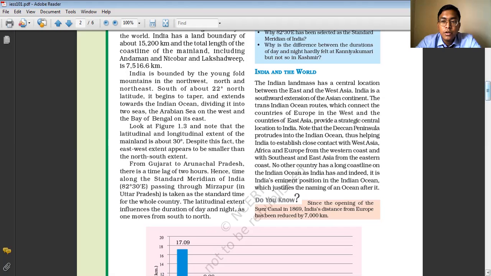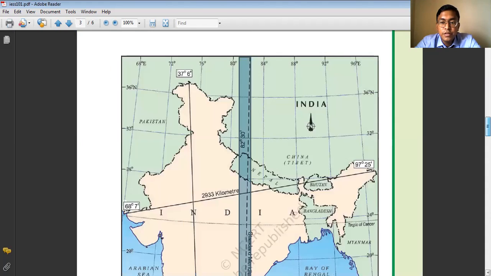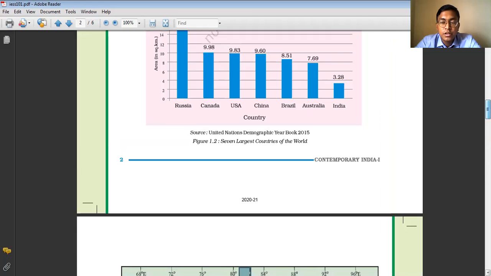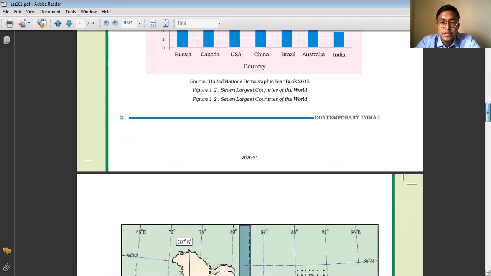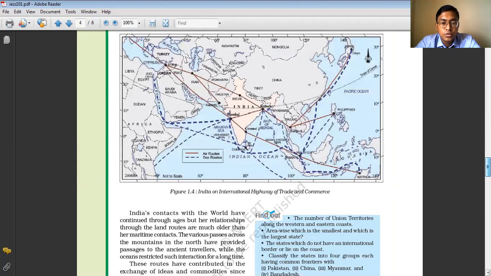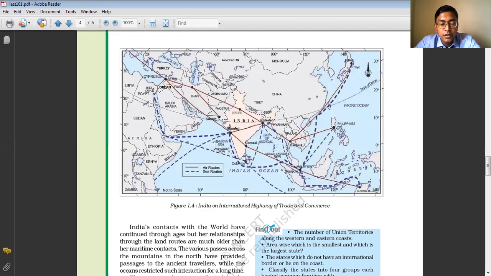Now after the discovery of the oceanic routes, we can reach different countries of the world. We can reach different European countries and the Asian countries as well as the African countries through the oceanic routes. Here in the map, you can see that on the west, we have the Arabian Sea, on the east, the Bay of Bengal, and the Indian Ocean in the south. Through these oceanic routes, we have the ports, and through these ports, we can reach Tanzania, Somalia, Yemen, Oman. We can reach Singapore, Myanmar, Thailand, through these sea routes. And even now we are connected with the most advanced mode of transport, that is the air routes also.